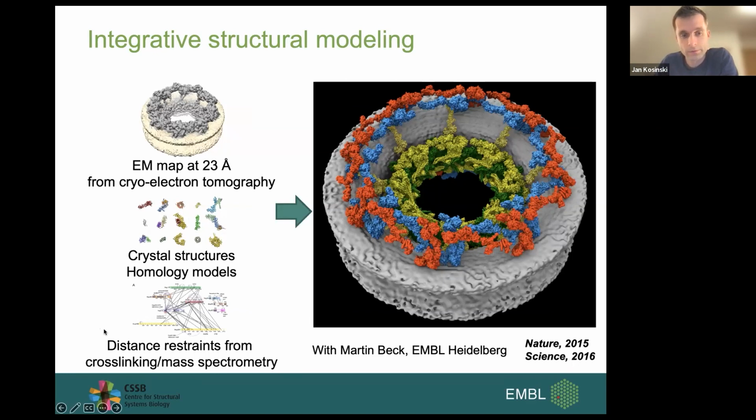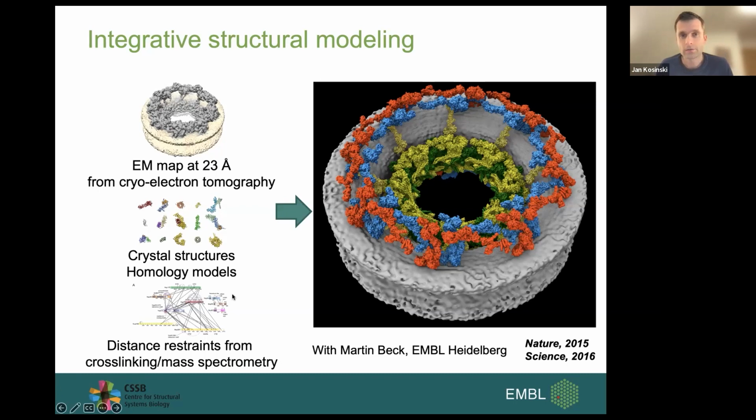So we used distance restraints from a technique called cross-linking mass spectrometry. I'll not be explaining what exactly it is, but it's a mass spectrometry technique that allows us to measure which residues in a complex are close to each other, so providing some distance restraints for some pairs of residues in the complex.